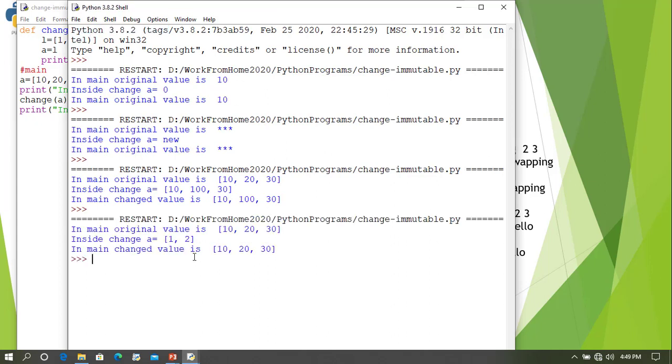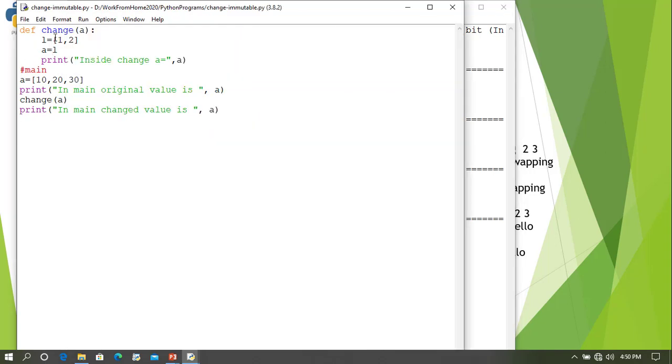Now see, originally the list was 10, 20, 30. Inside change it reflected 1, 2. It has been changed, but again after calling the change function, the list, though it is mutable, has not changed.